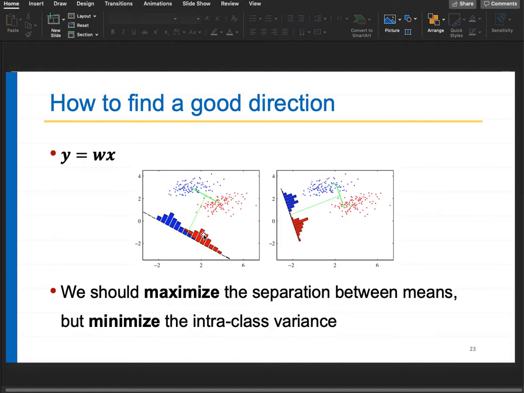Before projection they are separable, after projection they are not separable, because on one dimension the two distributions are overlapping. But if you turn your orientation in such a way that the intra-class distance is minimized and the inter-class distance is maximized, then you get nice separation, and the two heaps are exactly separated. Is this figure clear? I kind of assumed that everybody would understand immediately that this is a histogram of data projected along one dimension. Any questions here? Okay, thank you for your question.